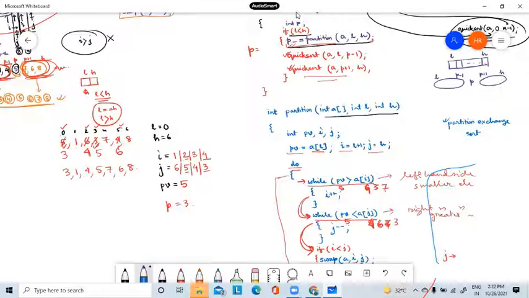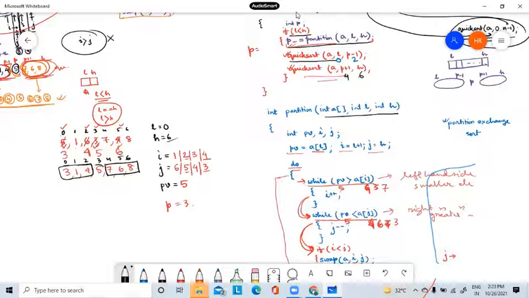One is for A, L. What is the value of L? It is 0. What is P minus 1? The value of P is 3, so 2. So 0 to 2. These are the index values: 0, 1, 2, 3, 4, 5, 6. So one quick sort will be called for 0 to 2, which means this part. Another quick sort is for P plus 1. P is 3, so it becomes 4, and H is 6. So another quick sort will be called for 4 to 6, for this part. So again, it will call the partition.